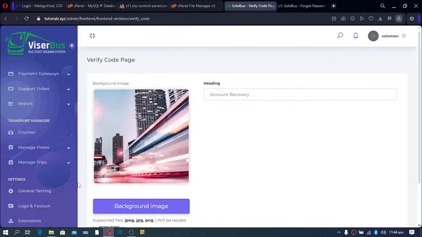Now there are some settings we cannot skip, and that is our vehicle management system, and that makes our website a bus booking or a ticket booking system. We're going to set up our vehicles, and we're also going to set up what we call counters, not forgetting our routes. To begin, let's go to counter,